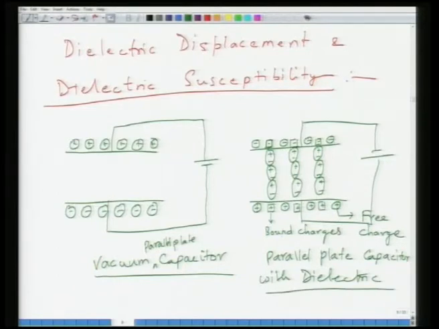Okay. So, the difference here is, in case of vacuum capacitor, you do not have anything between the plates, and you have the surface charges created when you apply electric field. In case of parallel plate capacitor with the dielectric inserted, you have dielectric material between the plates, which gets polarized when you apply electric field, and this polarization of dielectric material causes modification on the surface charge density, and this is what gives rise to what is called as dielectric displacement and dielectric susceptibility. So, we will do further analysis in order to find out these quantities.